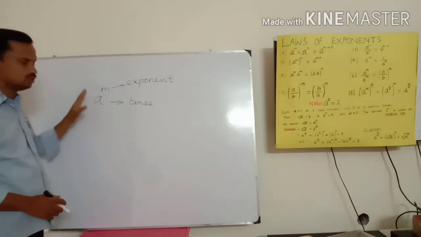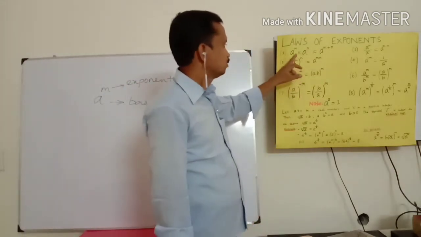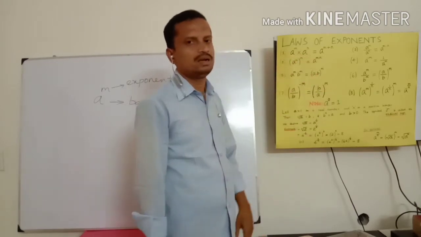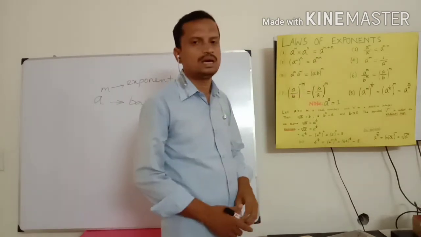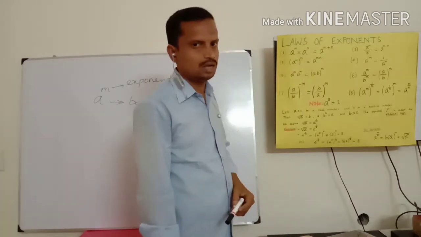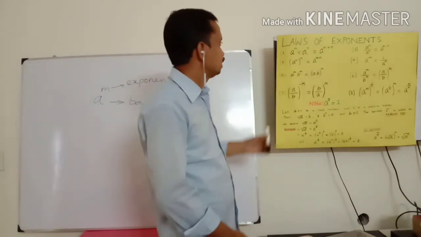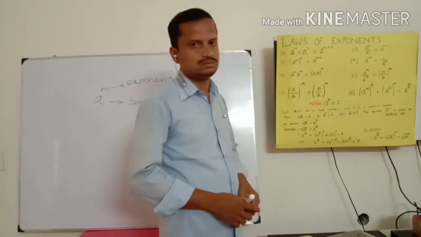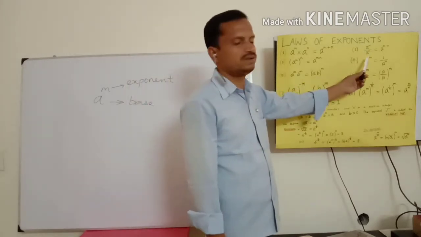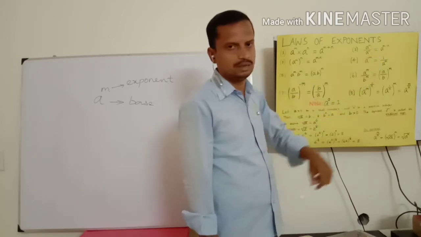So, using this, laws are there. So, laws of exponents. The few laws you already know very well. So, a power m into a power n is equal to a power m plus n. The bases are same, powers are different, and if you multiply same base, you have to add the power. And the second one, same base with different power is divided, a power m by a power n. What happens? The power subtracted, a power m minus n.